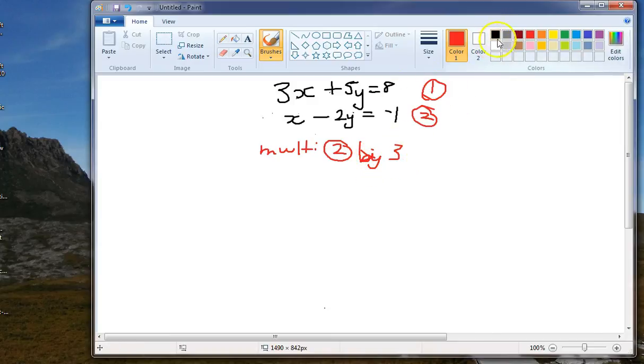So we end up with 3x minus 6y equals -3. It's really important to remember that you multiply all three terms in the equation, or all terms in the